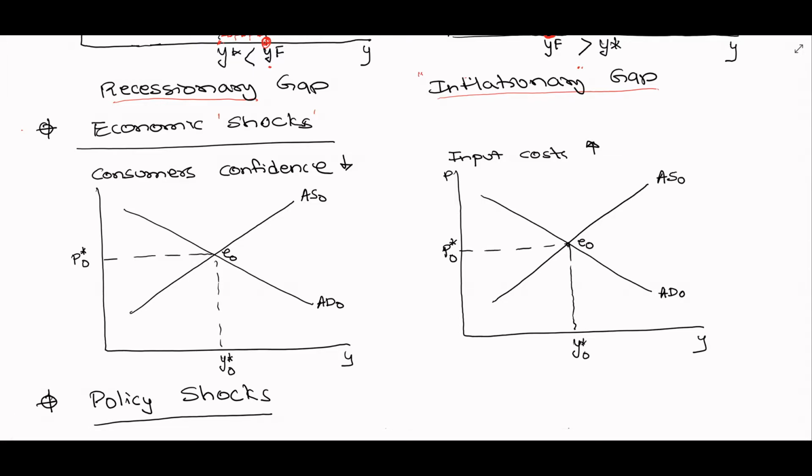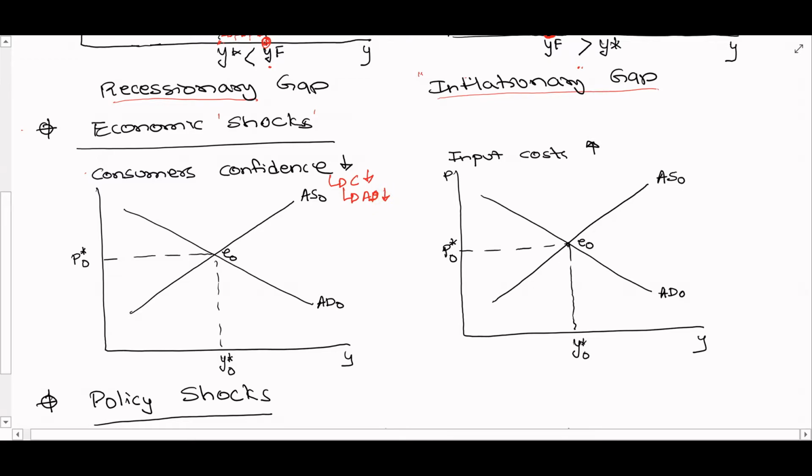You can take as many examples as one can imagine, but let's take two examples. One is, say, consumers are not so confident about the state of the economy, like for example in times of COVID, consumers are not confident about what's going to happen, and hence they would spend less, right? Consumption spending will be lower, and consumption spending is one of the factors which affects aggregate demand.